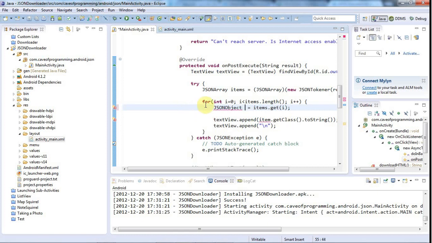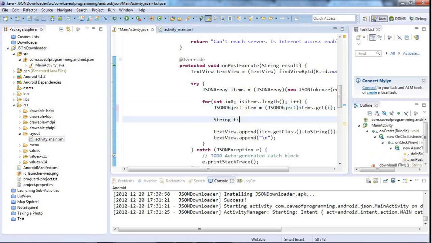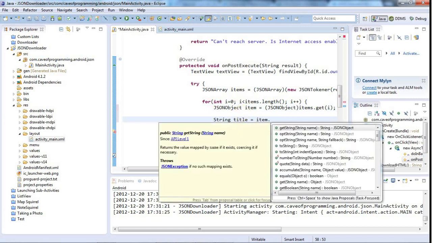So let's say JSON object, well, I could call it item still, couldn't I? JSON object item equals items.get and cast that to a JSON object, and add the import for JSON object, and let's say string title equals item, and now I can use item dot get string, and